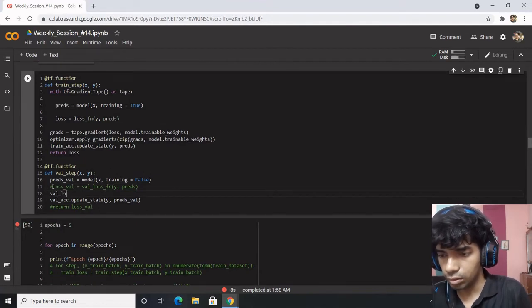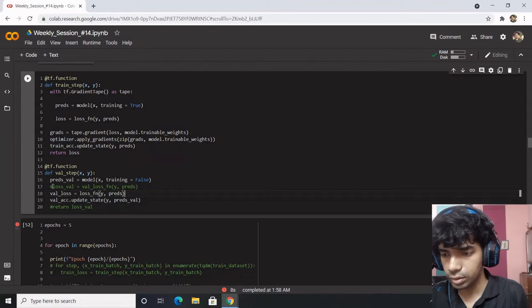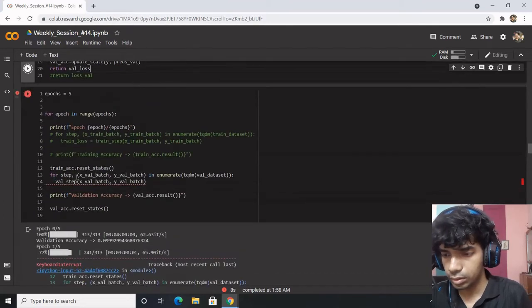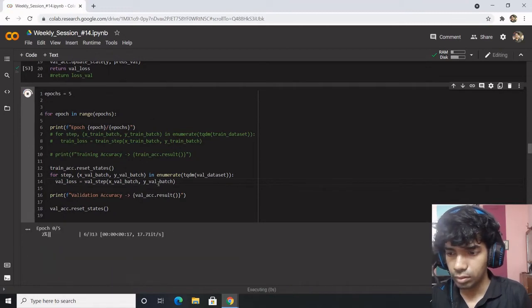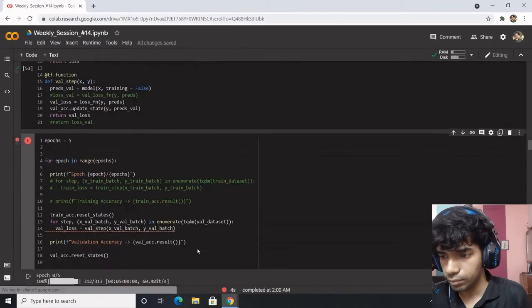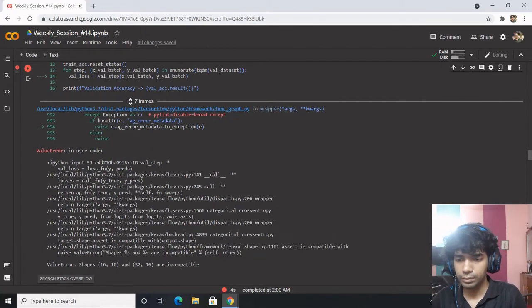Validation loss should be equal to loss function y comma predictions, return the validation loss. Error: 16, 10, 32, 10 are incompatible.